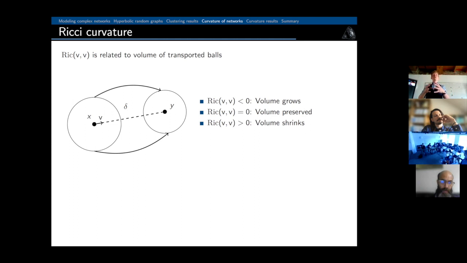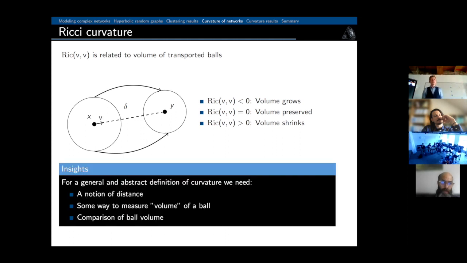And so balls on Euclidean space, if you parallel transfer them, stay the same. On hyperbolic space, they start expanding. On spherical space, they start to shrink. Now, this basically gives you some insight into what you might need if you want a more abstract definition of